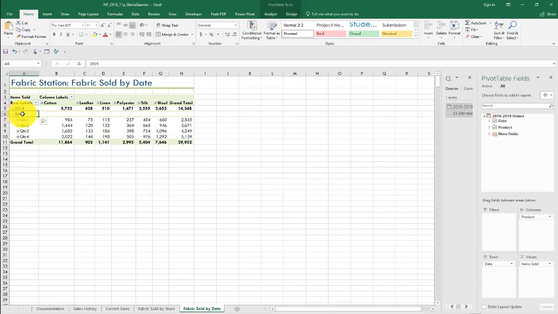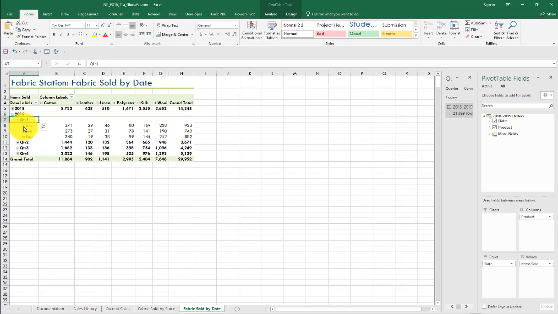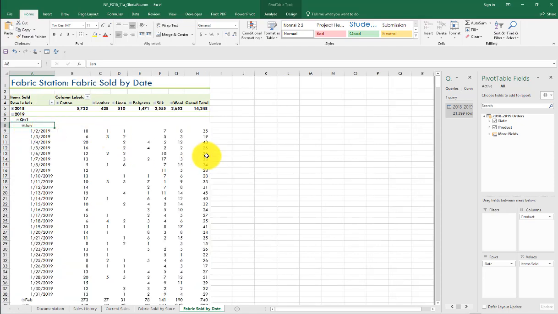So I'm going to click on 2019. January is a part of Q1, so I'm going to click on Q1, and then I'm going to click on January. And this gives me a summary of everything that has been sold, every item that's been sold according to the fabric. And that summarizes